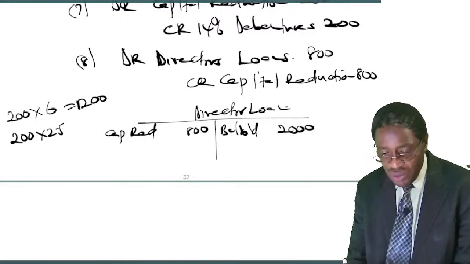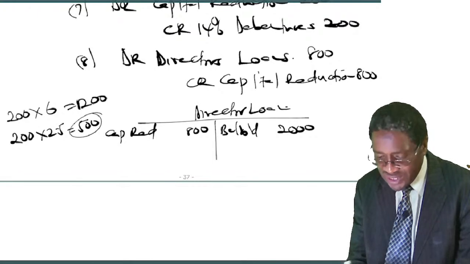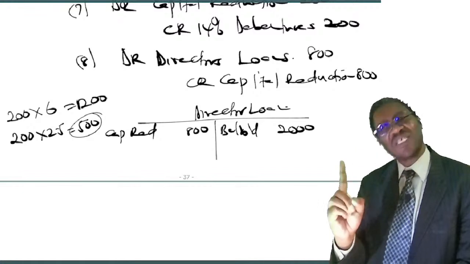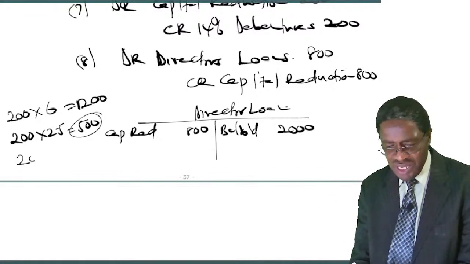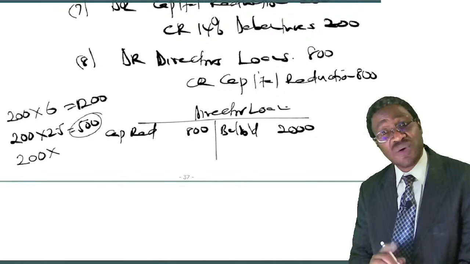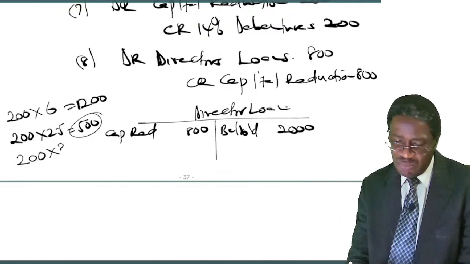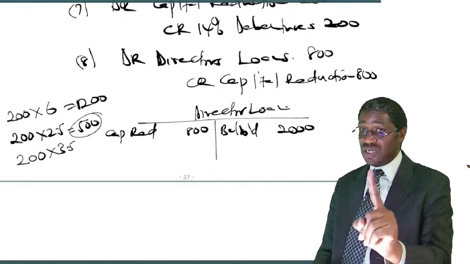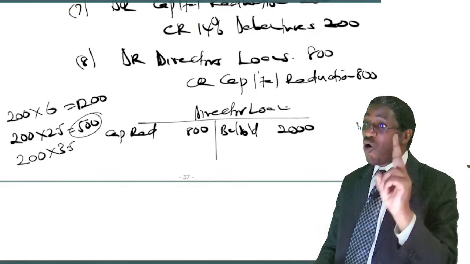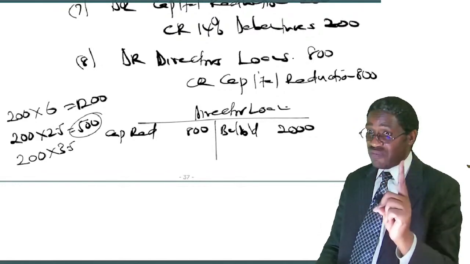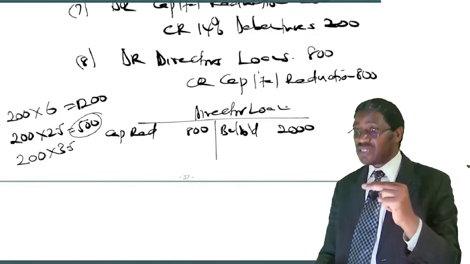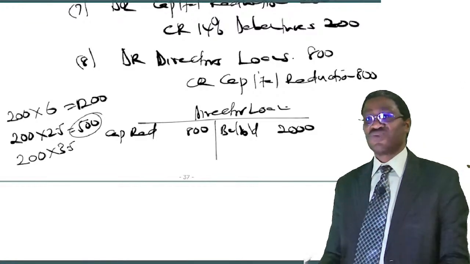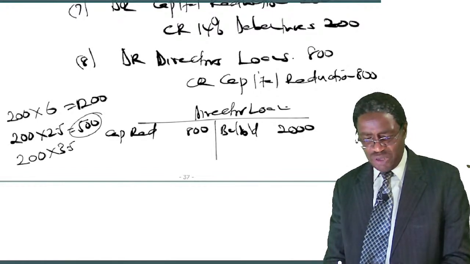So the nominal will be 500, that's very correct. But the examiner also expected you to know the shares are being issued at a premium of how much? Again, 200 times, what's the premium per share? 3.5. Because if the shares were issued at 6 and one share is of 2.5 and they are being issued at 6, then one share has a premium of 3.5. So that gives me a total premium of